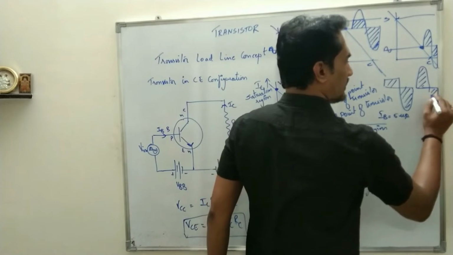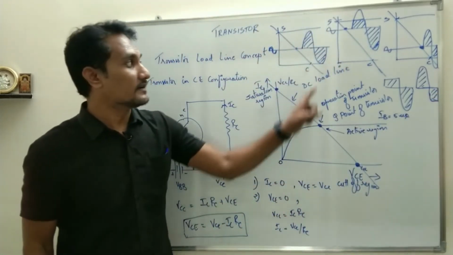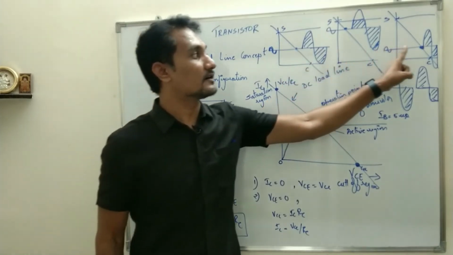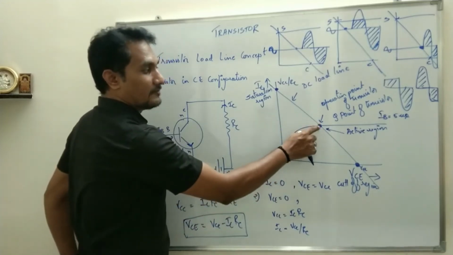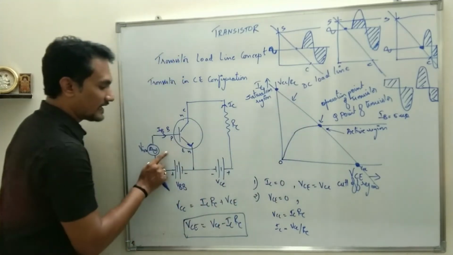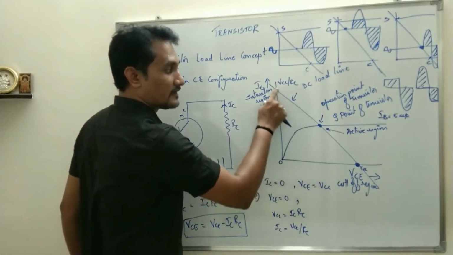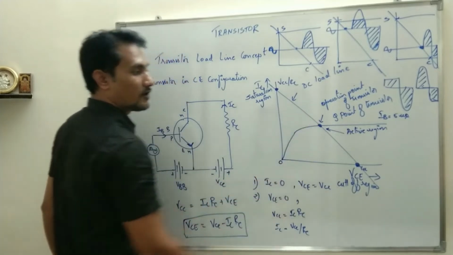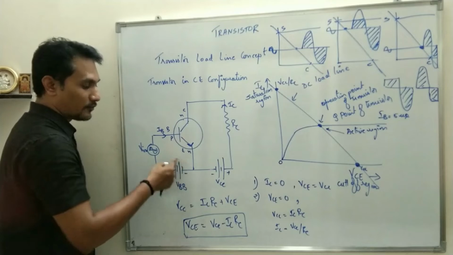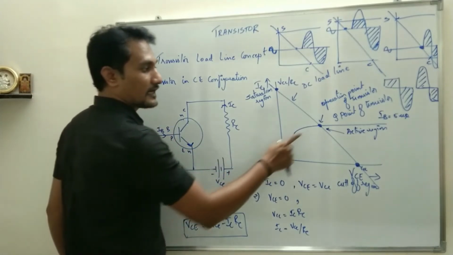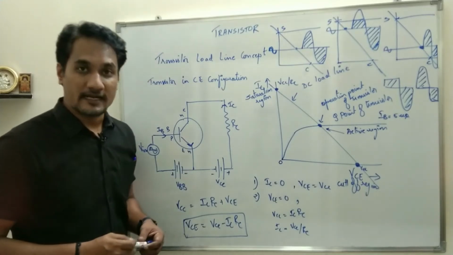So in all these three diagrams, what you can see is that proper amplification has been done only in the first case, not in the second, not in the third. That means the operating point should be exactly in between saturation and cutoff, and that will be decided by the base current which will be flowing, right? Where the base current intersects the DC load line, that we call the operating point. So we have to adjust the base current and the total potential voltage VBB in such a way that the operating point is stable between saturation and cutoff.